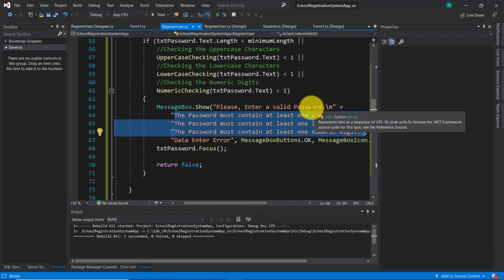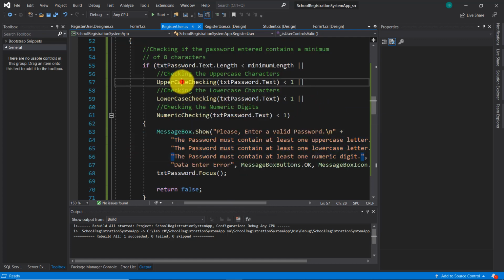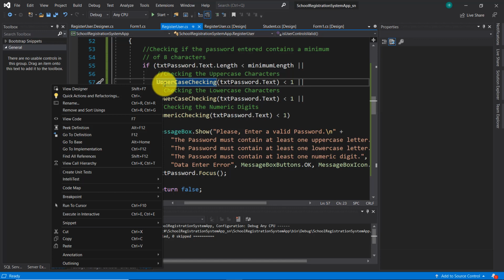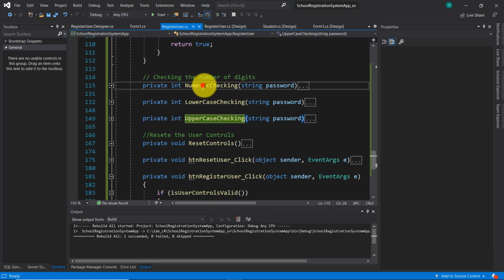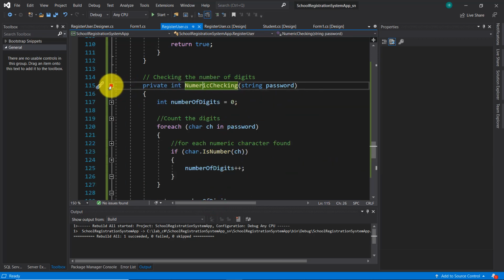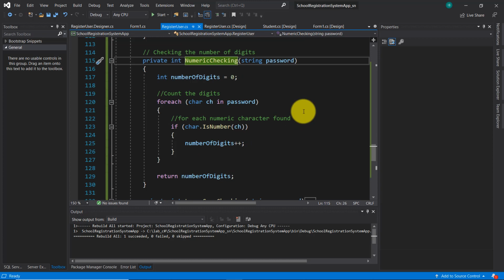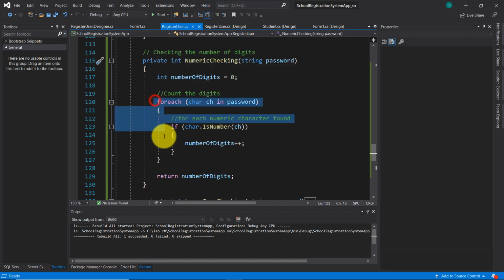All right, so let's go to these methods. Let's go and click on go to definition, and we have here the methods. Let's take the first one. This method is checking actually the number of the digits. And here using this for each,